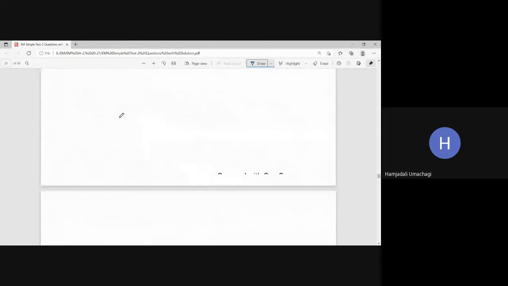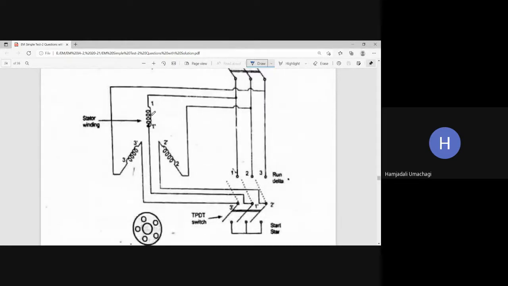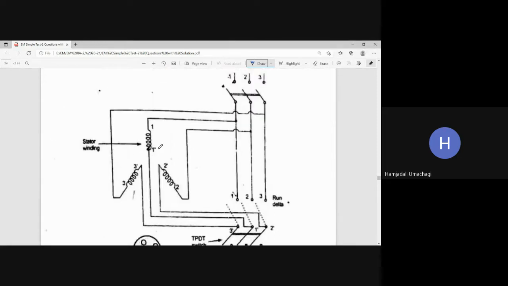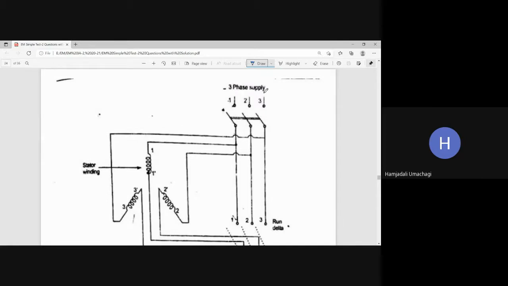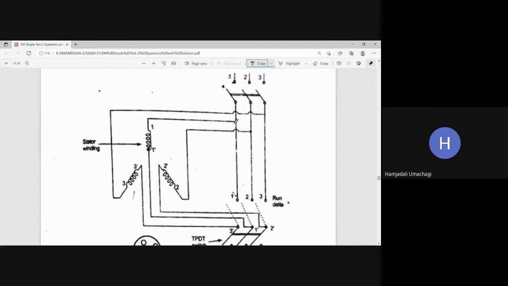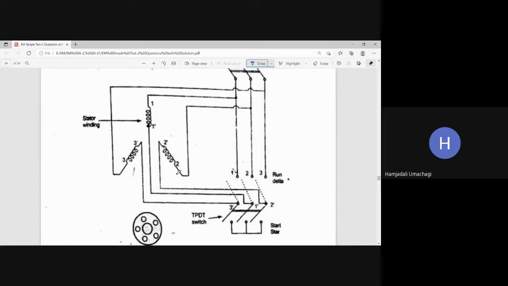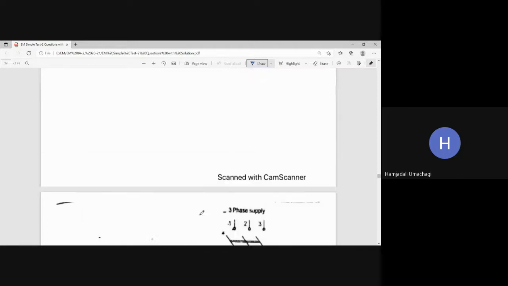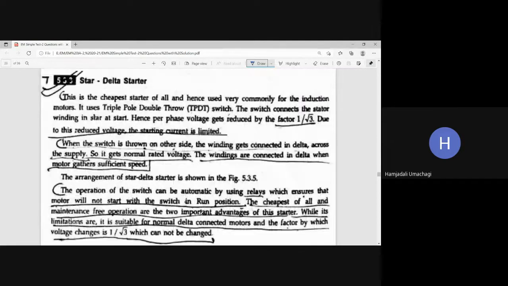So here, these are the stator windings 1, 2, and 3, or otherwise R, Y, B. These stator windings are connected to the three-phase supply lines. At the time of starting, these stator windings are connected in star position. It is connected in star position with the help of the TPDT switch. Okay, and then the switch connects the stator winding in star at start, hence per phase voltage gets reduced by the factor 1